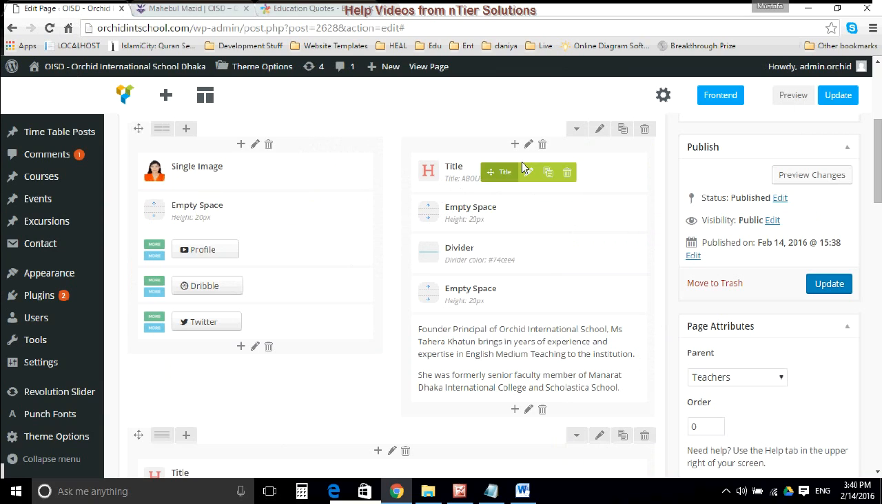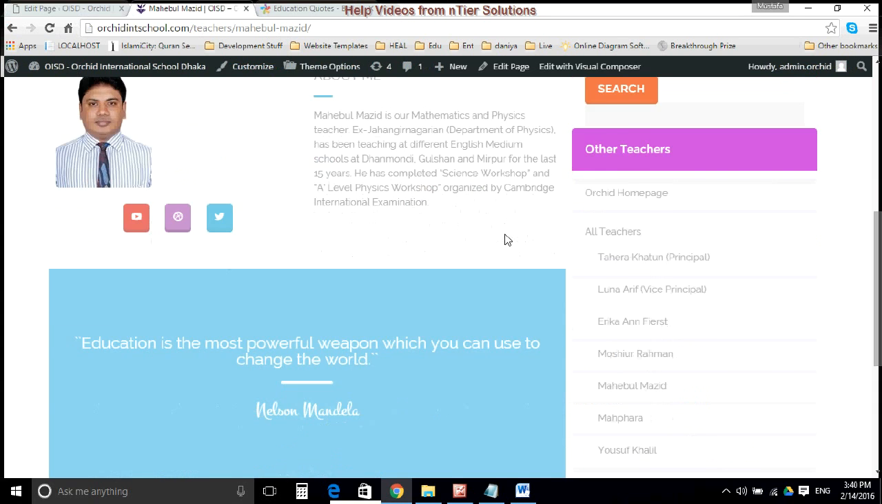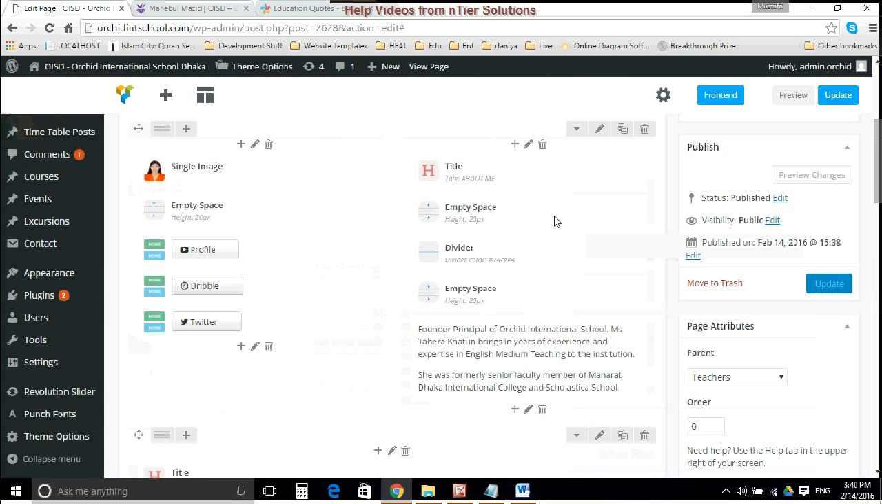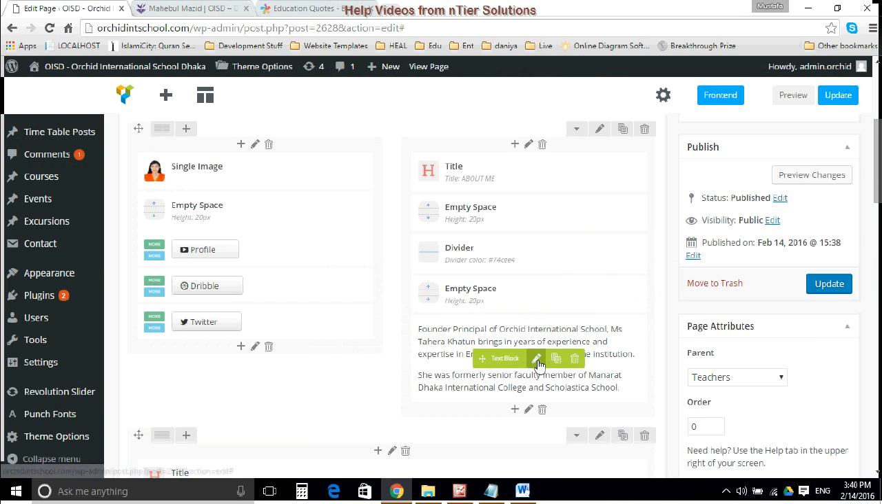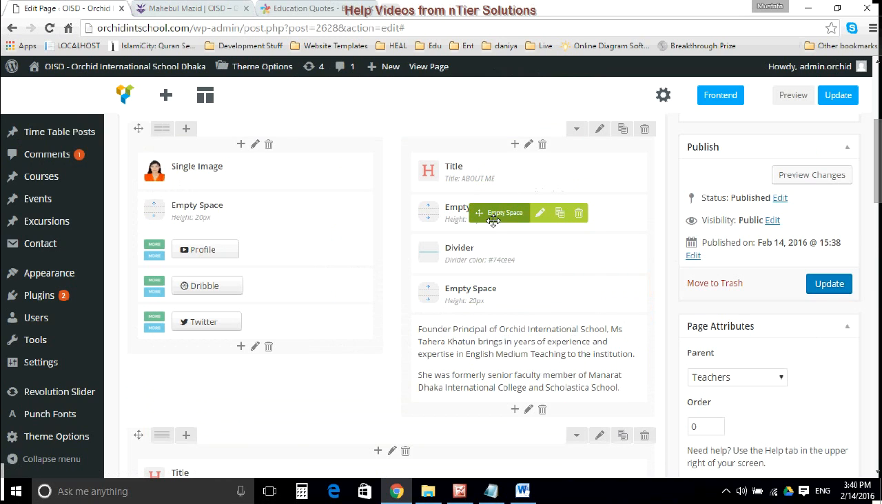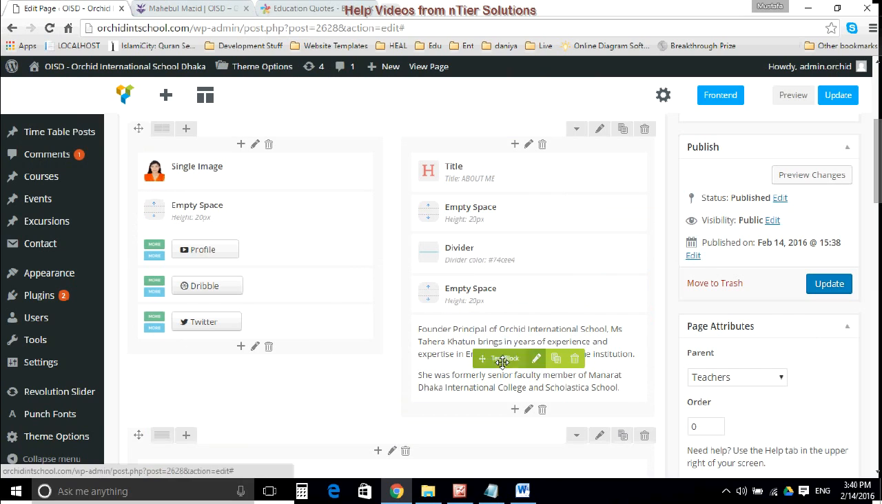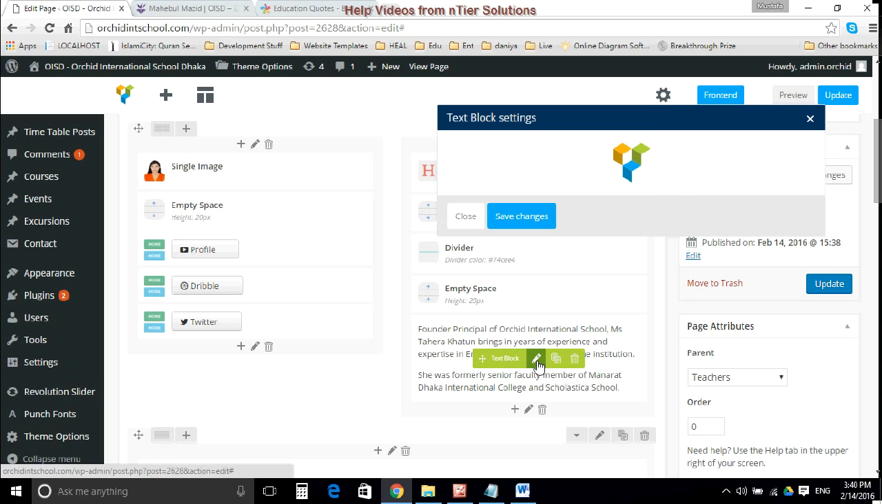Now on the right side, this is basically the details where you want to put it. Here you can see that about me, and there is text. So here you are going to change the text. Once you come to the text area, just keep about me, empty space, divider as it is, then empty space. Then on the text area, when the green box comes, click on the edit text block option, the small icon with the pencil. Click there,